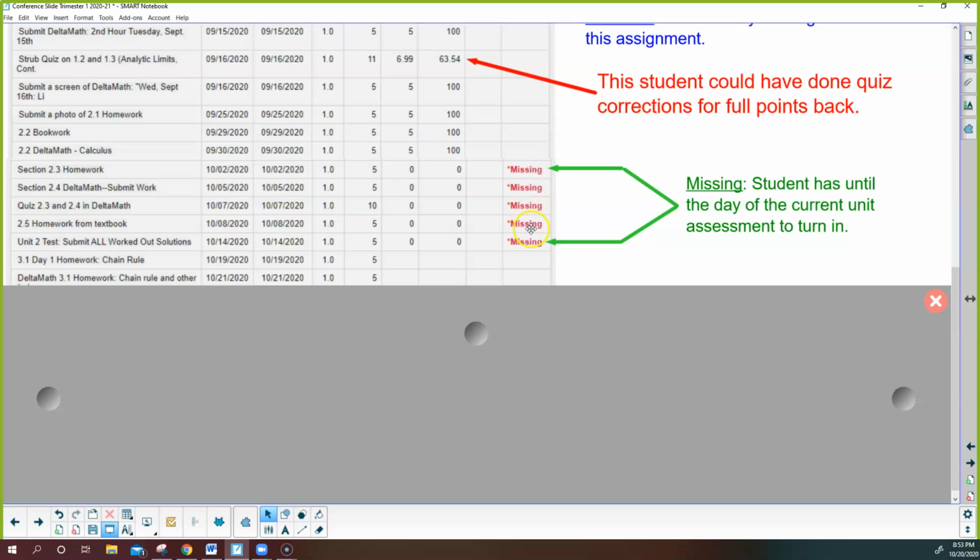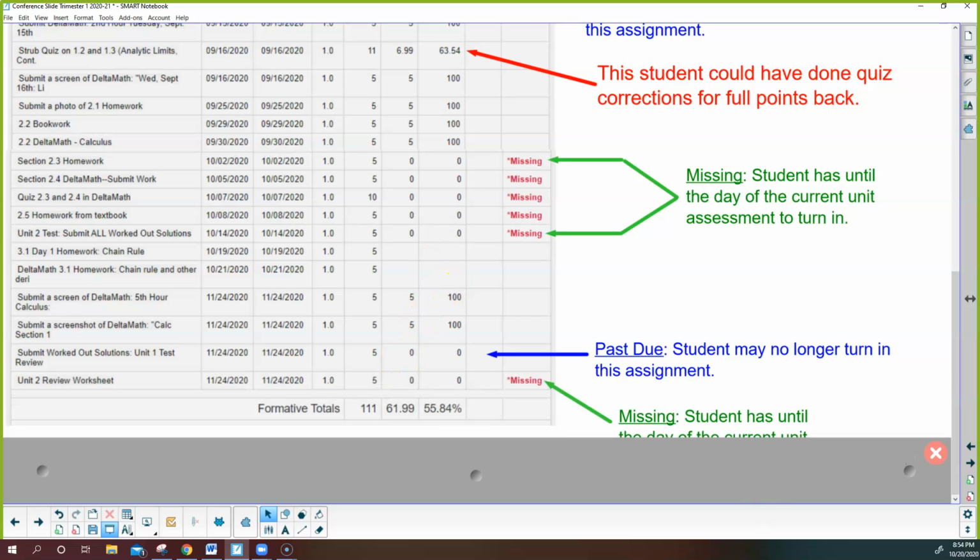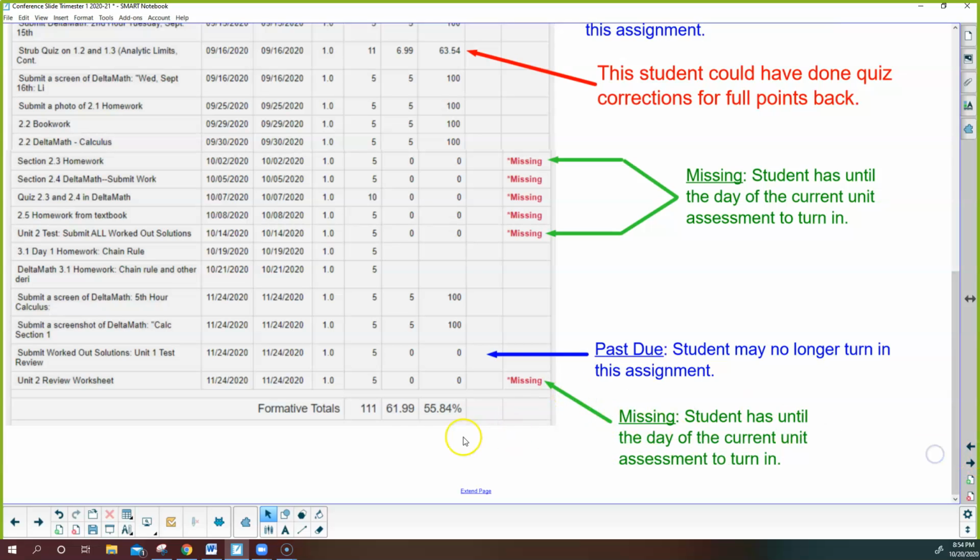If it says missing, that means that the student may still turn those in up until the day of the assessment. And this was all Unit 2 stuff, and in calculus, we're taking that test coming up. All right, and then we've got, what if it says 0 out of 0, past due, or missing? So there's the story, and that's kind of the difference between